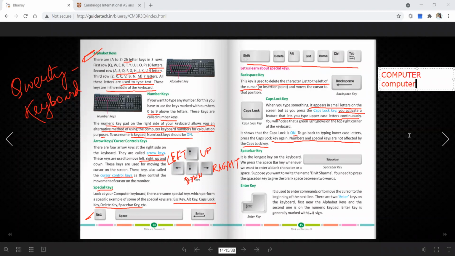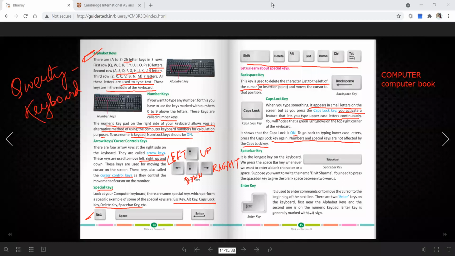Suppose after computer I am writing one more word, book. Here you can see one space is there, right, on the blue part. Here I have used the space bar to give the space.